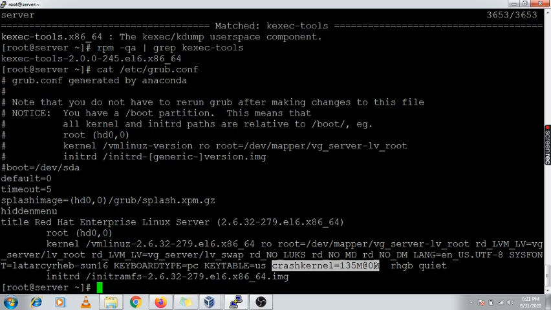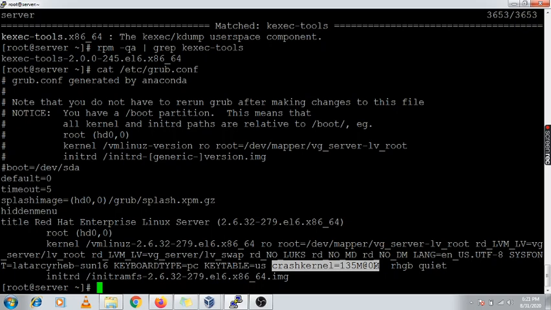This value we can define as per the RAM size. If our RAM size is 0 GB to 2 GB, we can specify the crash kernel as 128 MB. If the physical RAM is 2 GB to 6 GB, we can mention 256 MB. From 6 GB to 8 GB we can mention 512 MB, and from 8 GB onwards we can mention 768 MB.